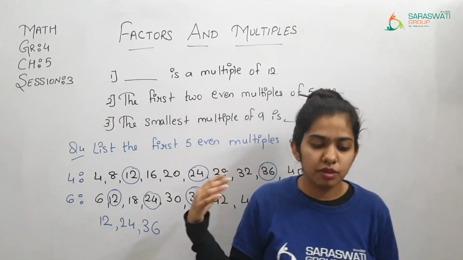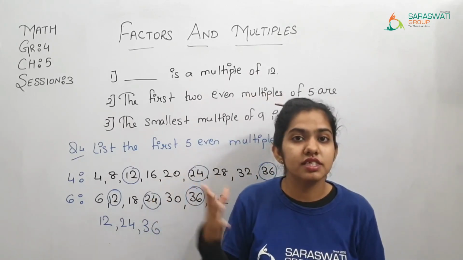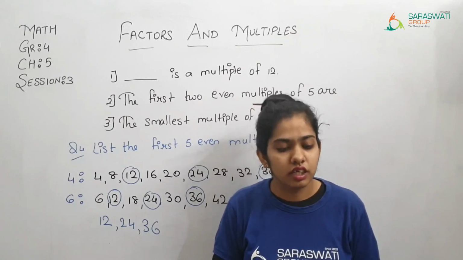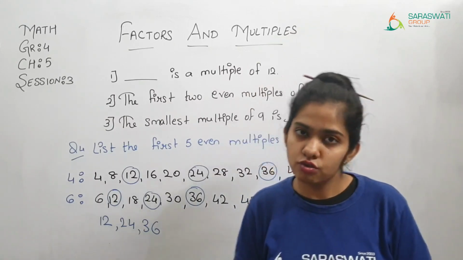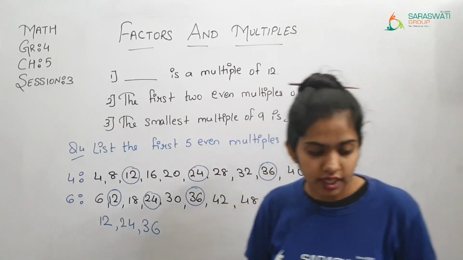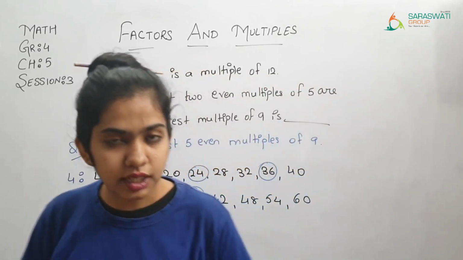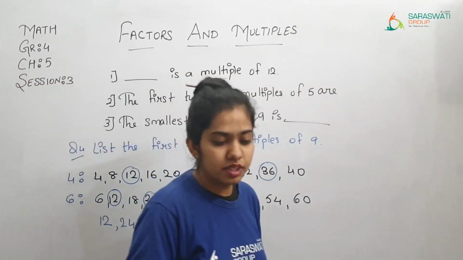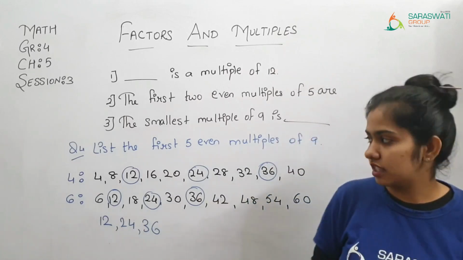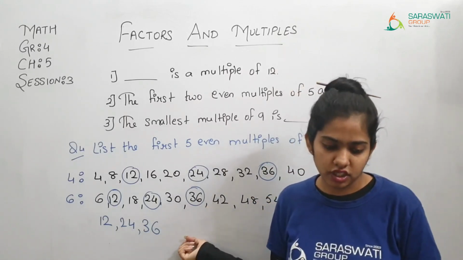Now the next is, how many multiples of 10 are there from 20 to 150? 20 to 150 number ની વચ્ચે કયા numbers 10 ના multiple આવે? So that you are supposed to write. Then afterward, find the first 5 multiples. First 5 multiples find કરવાના છે અને એમાંથી તમારે common multiples લખવાના છે.